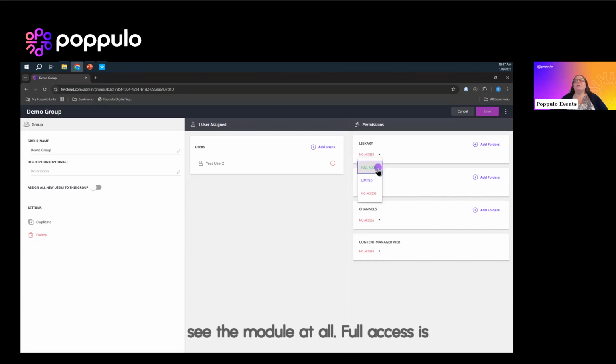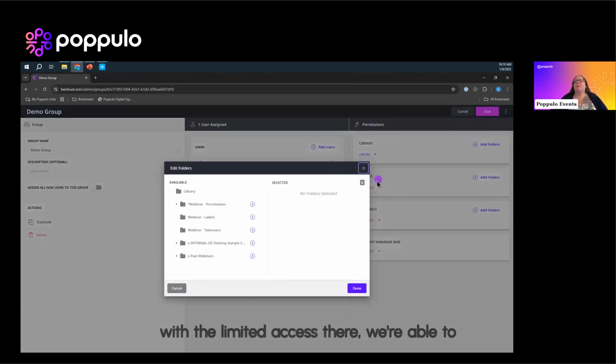Full access is going to give them access to every single folder within that module, so they can access everything. And then where the real power comes in is with this limited access. With the limited access, we're able to go in and set the exact folders that we want this